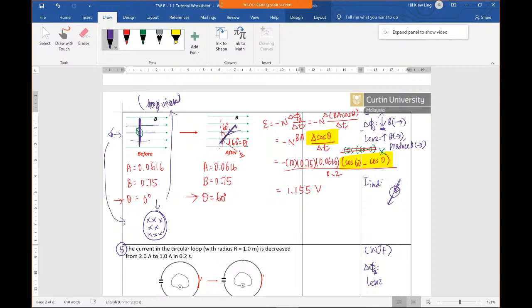Okay, so according to Lenz, you just oppose only. Since the change is a decrease, I just increase the magnetic field which is going to the right. So I have to produce a magnetic field which is going to the right. Now you know the induced magnetic field that you would like to produce, which is going to the right. So using your right hand grip rule with your thumb pointing to the right